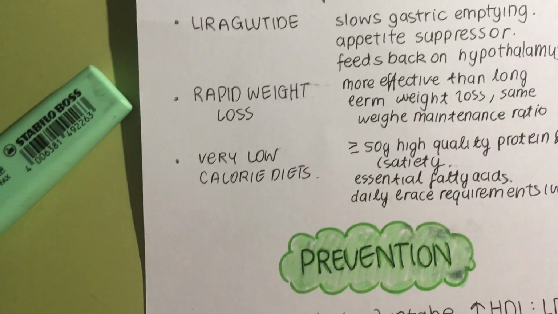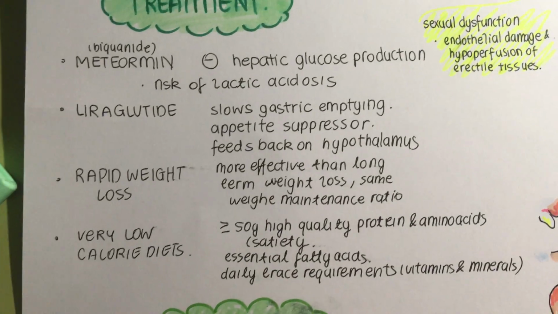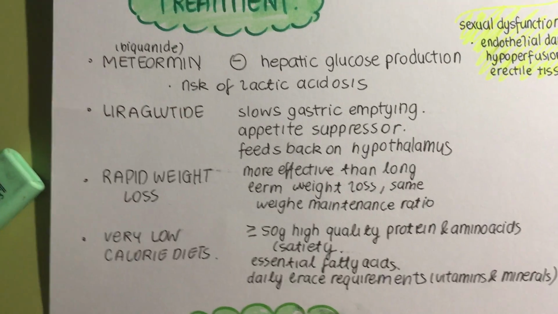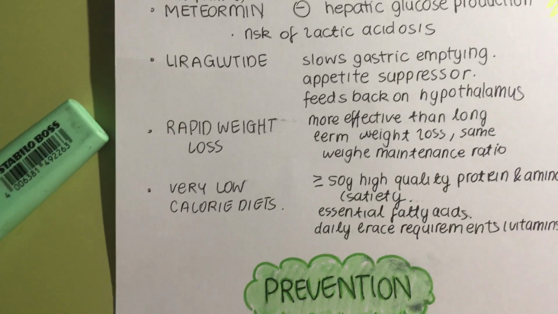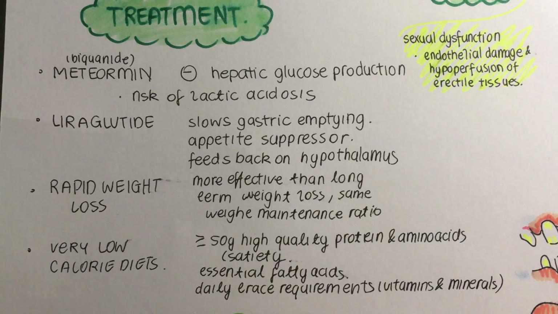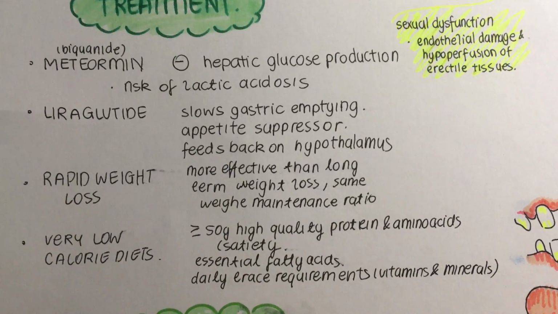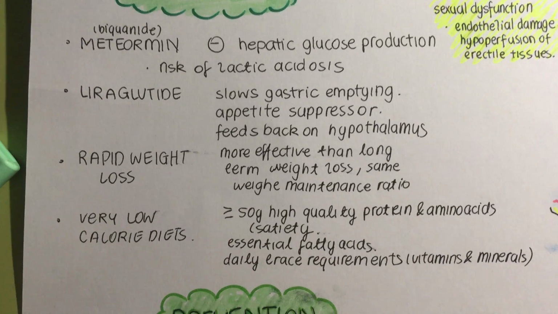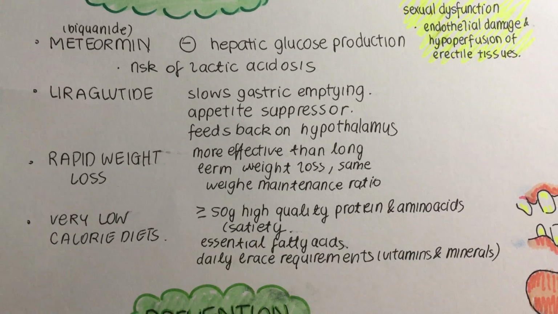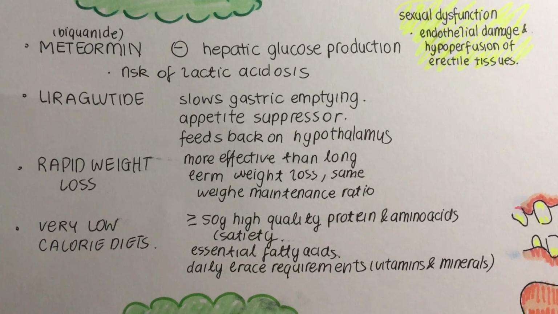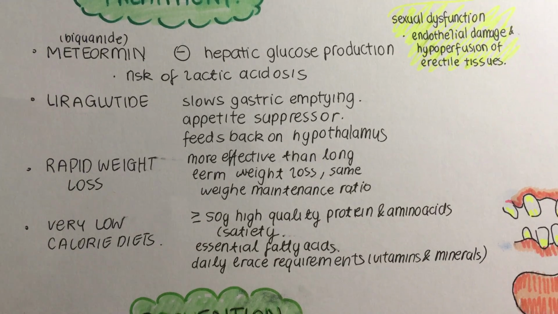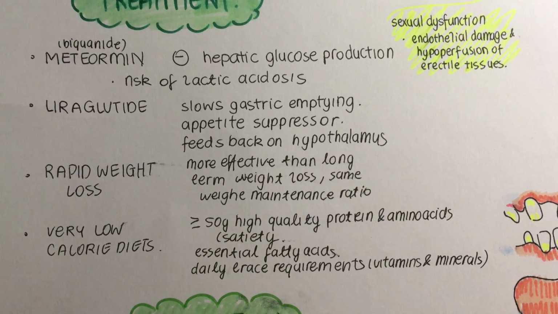Now, how do we treat this condition? Well, as we know, metabolic syndrome is characterized by high blood sugar levels, which may be diagnosed as type 2 diabetes. So you can treat this with metformin, which is a drug that inhibits hepatic glucose production. You can treat this with liraglutide. As we all know, a big risk factor is central obesity, and liraglutide is actually an appetite suppressor that feeds back on the hypothalamus and slows gastric emptying, helping you to feel more full so you eat less and gain